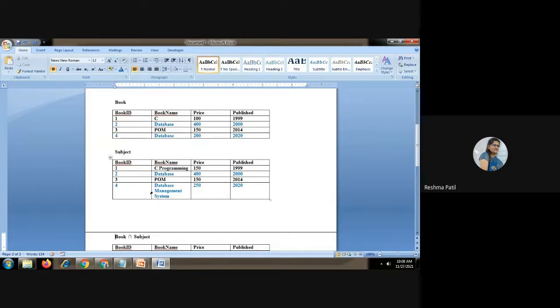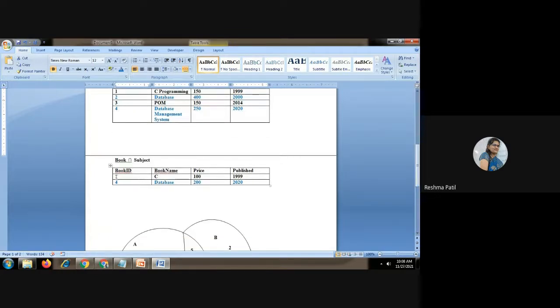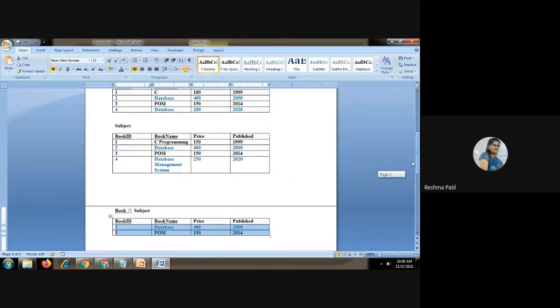This is your table. So the result of book intersection subject is these two rows which are common in both tables. That result we have to show only one time. This is book intersection subject. Understood this part?